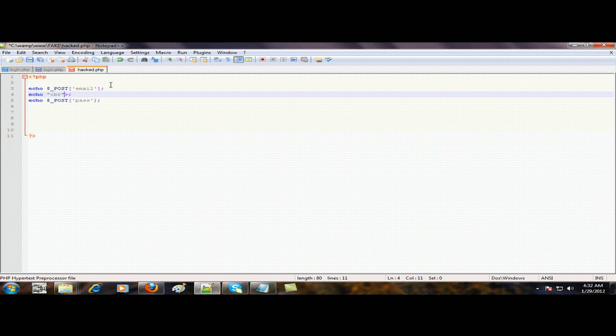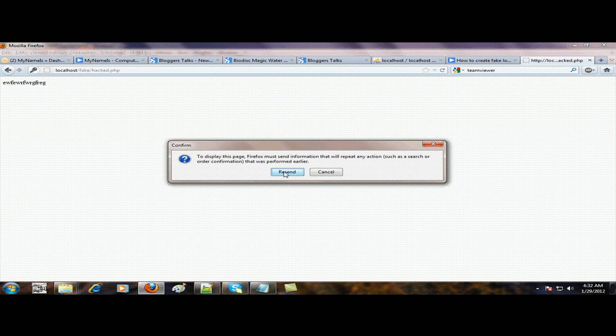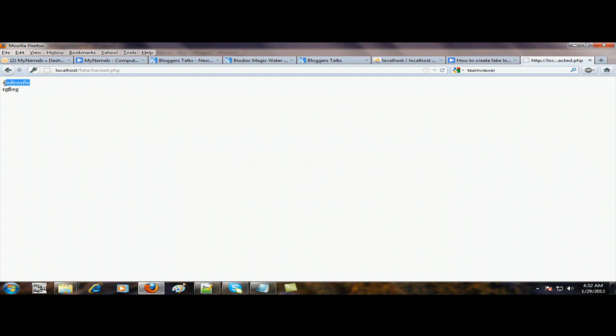So save it again and again resend it simply. See, now this is username, this is password. So you are getting the username and password of the user to this page. Now all you need is to save this username and password in your database, which you can see anytime by opening your database, or you can create another PHP page which will be extracting all the values from the database and will be showing you in another page. You can name it like show passwords.php, right?